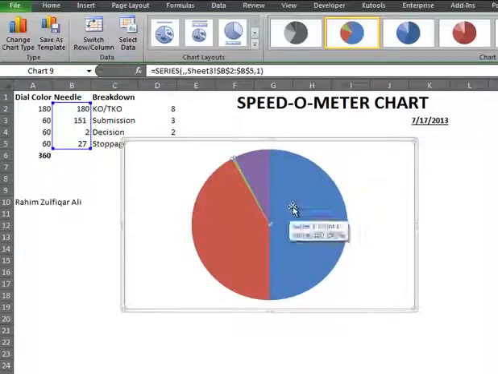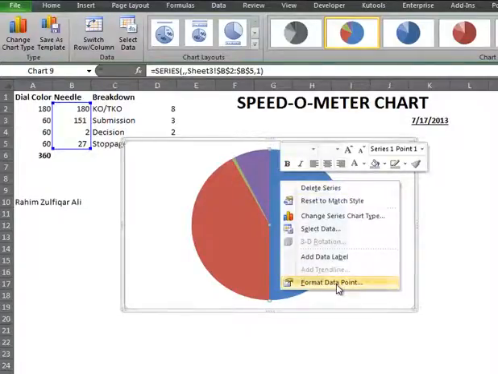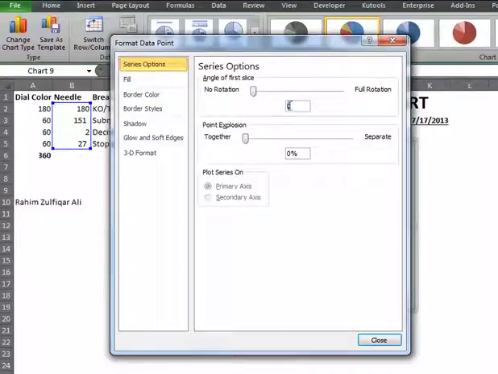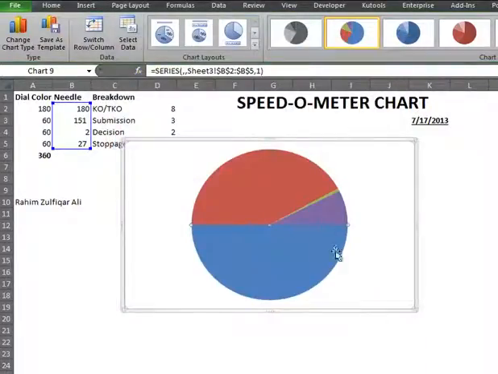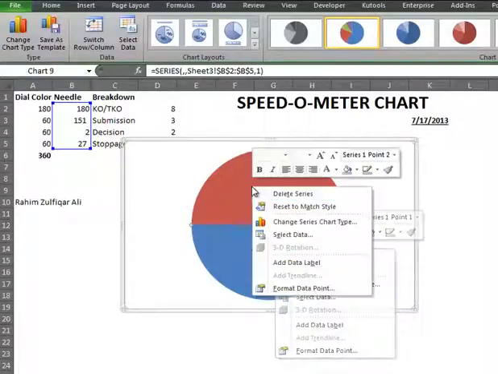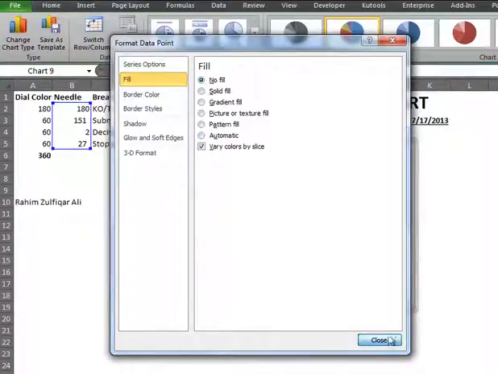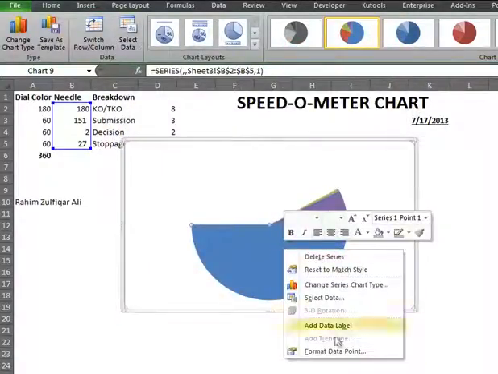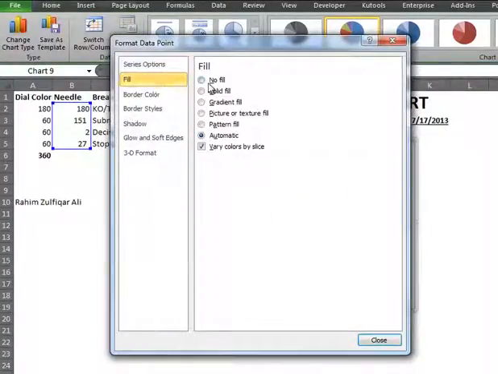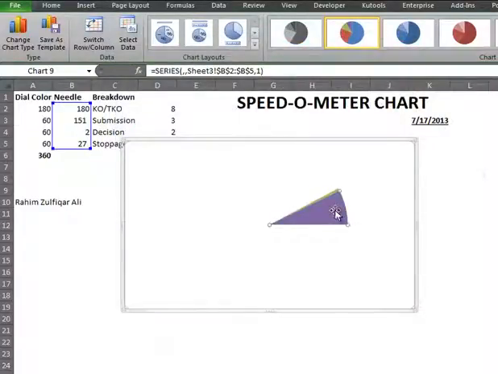What we will do is click on the data series and right click on it, go to format data point, and again set its rotation to 90 first. Okay, and now we will make it no fill color one by one. Right click on it and go to format data point and then fill, press no fill, and do it with the same steps for each of the areas.